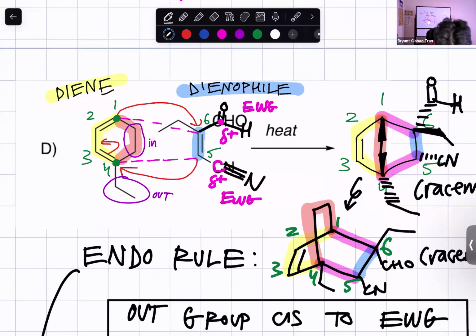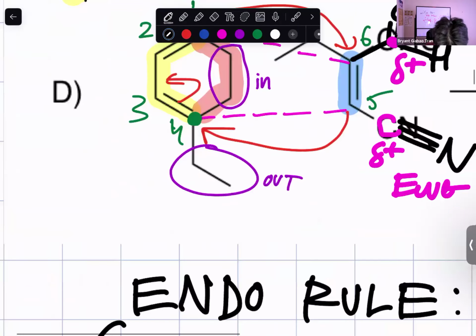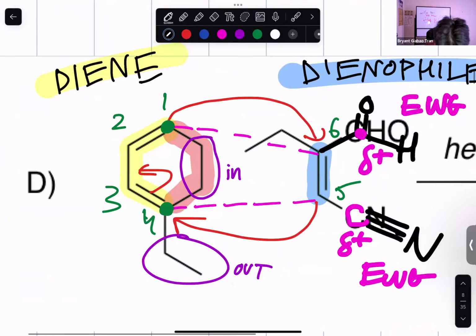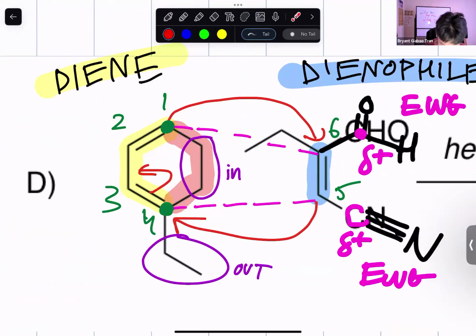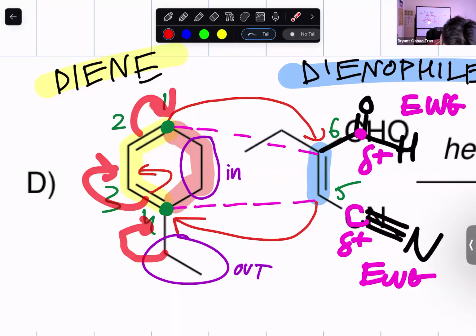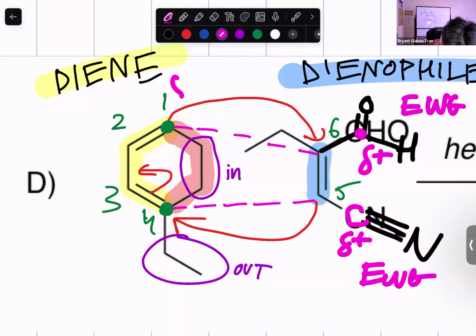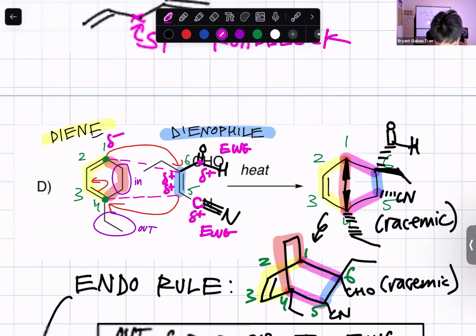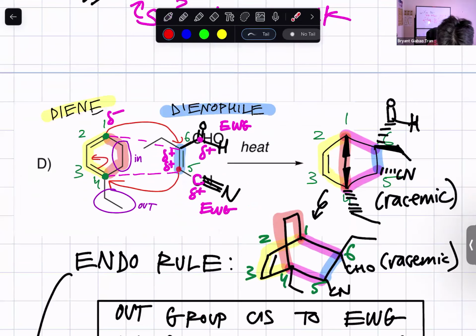Where we see that there's another thing as well, like with chemistry. If this is an EDG, imagine it donates electrons directly into the system. It would push electrons all the way up on the other side, giving that carbon a partial negative charge. This dienophile here will have a partial positive charge on both ends, right? I could draw that more clearly if that didn't make sense, but because there are partial positive charges on both ends,